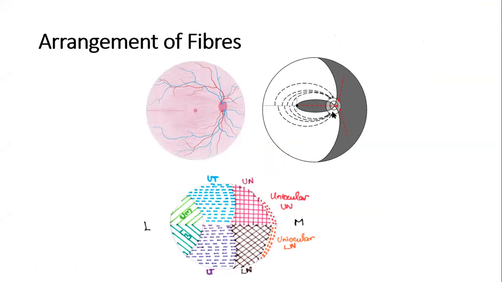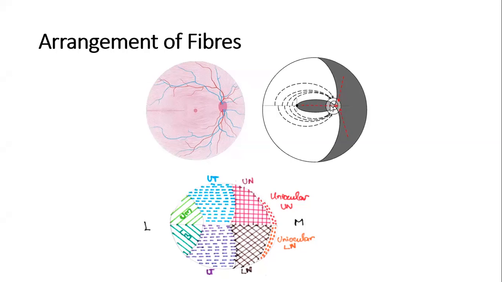So they have divided this into 4 portions: superior, inferior, nasal, and temporal. As we all know, the disc is on the nasal side and the macula is on the temporal side. So when we draw the visual fields, the macula is at the center, right? Okay. So now all ganglion cells which are arising from the macula and the axons of those ganglion cells will directly